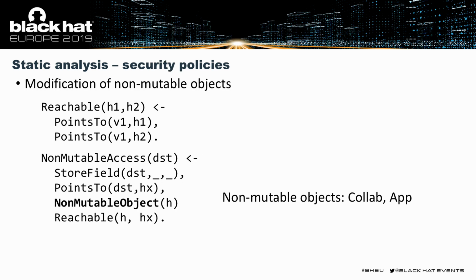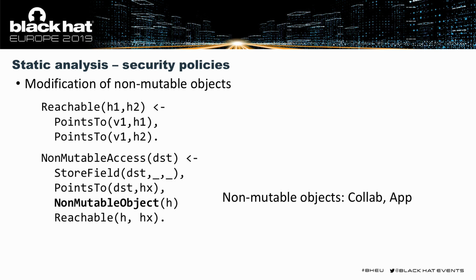So let me just show the one rule that would detect the vulnerability that Abdul hinted at the end that is too complicated. It would probably require another 25 minutes to talk about, and it's captured in these two rules. So the first rule essentially is reachability. It's essentially a path from one point to the other, relating any two heap locations, and mutable access essentially requires, if you remember, store field was the extension for the field sensitivity, and essentially points-to information in previously defined reachable